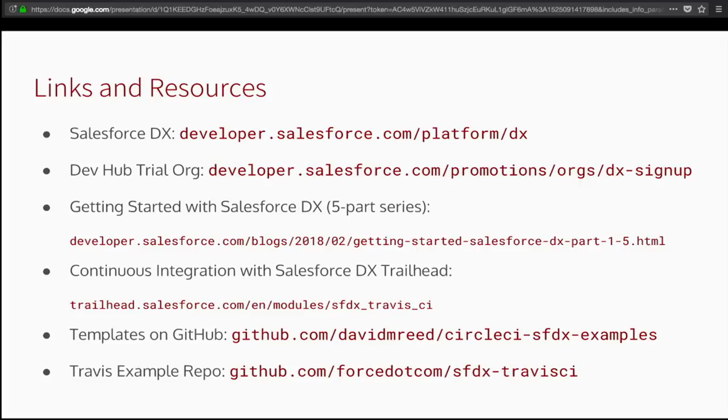If you're practicing CI on a sandbox environment, I'm not in your org, but you may have run into challenges where your environments don't look exactly the way that you're expecting them to look, and you get test class failures for that reason. You may have side effects from testing processes that have run in the past, and those are things that Salesforce DX gets rid of because you're always testing in a completely empty, fresh environment.